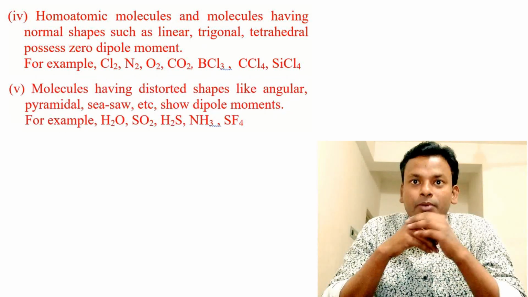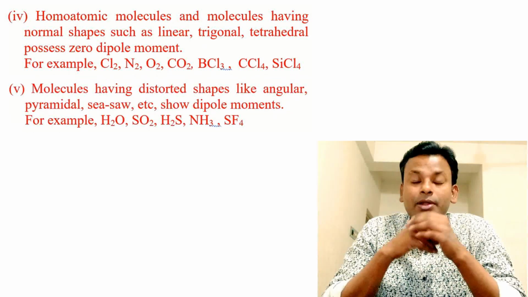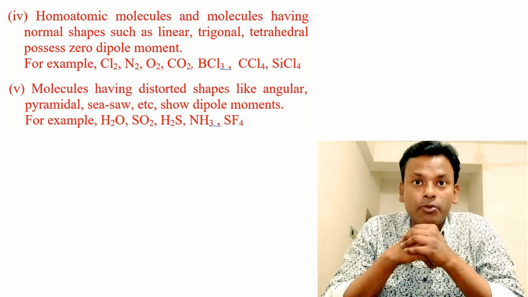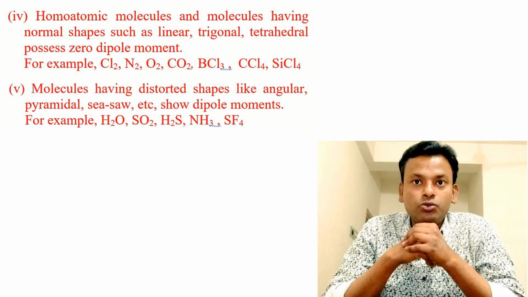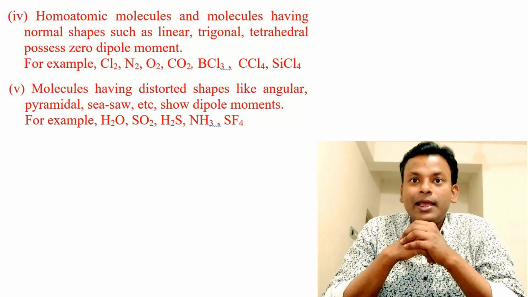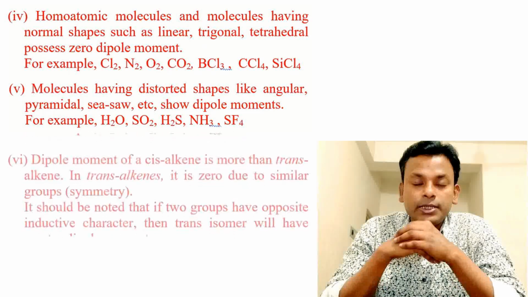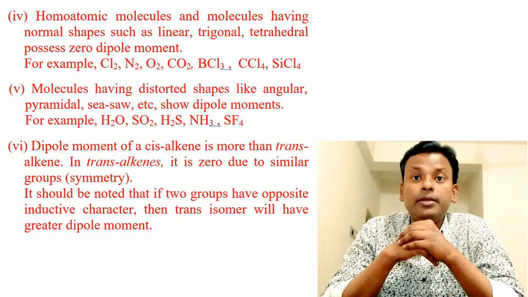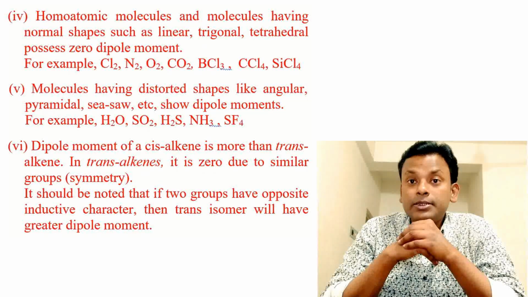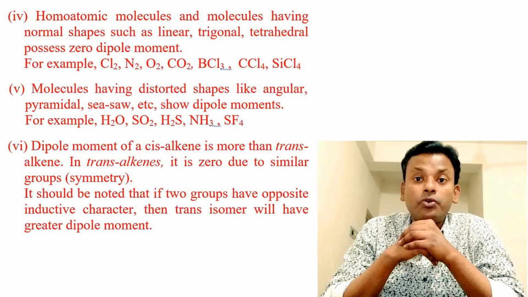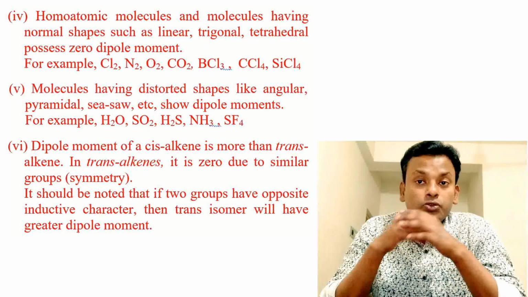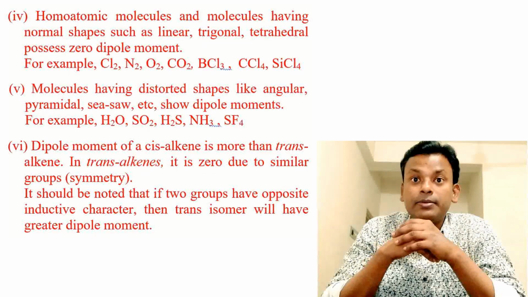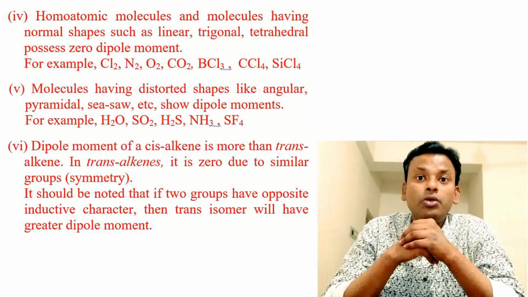Point 5. Molecules having distorted shape like angular, pyramidal, seesaw, etc. show dipole moments. For example, H2O, SO2, H2S, NH3, SF4. Point 6. Dipole moment of a cis alkene is more than that of a trans alkene. In a trans alkene, it is 0 due to similar groups or symmetry. It should be noted that if the two groups have opposite inductive character, then the trans isomer will have greater